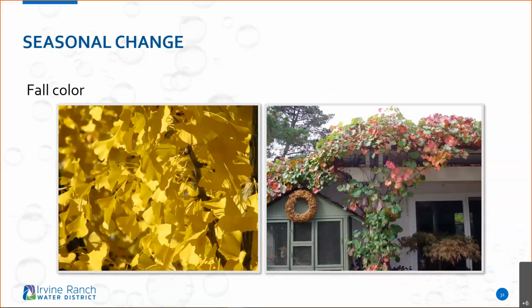And seasonal change, what are these plants going to do during the fall months? This is what's going on right now with a lot of our plants, they're going through fall color. So I'm having things that change seasonal foliage colors. That's another attractiveness to plants. Here we have ginkgo to the left. To the right, that is Vitis californica, our California wild grape, and that's actually a cultivated one called Roger's Red. So that whole green vine will turn bright red. As you can see, it's starting to change red, and then it'll just drop everything and be nice little vines out there.